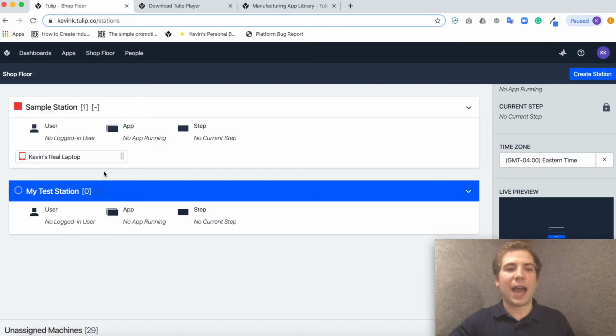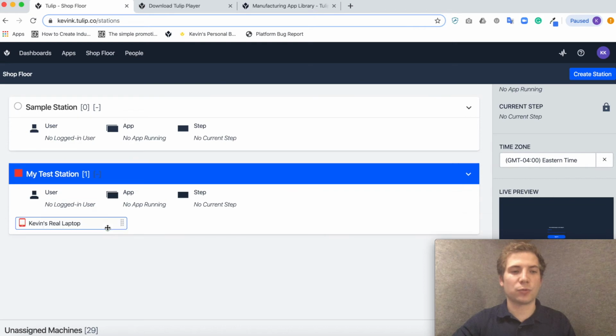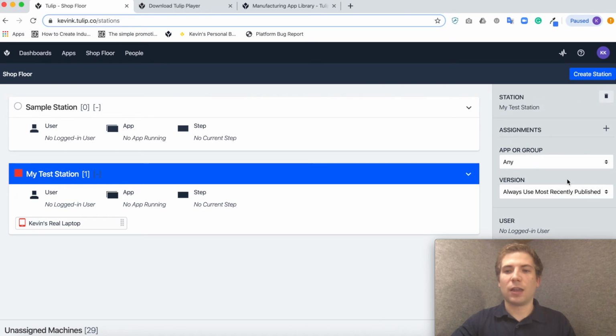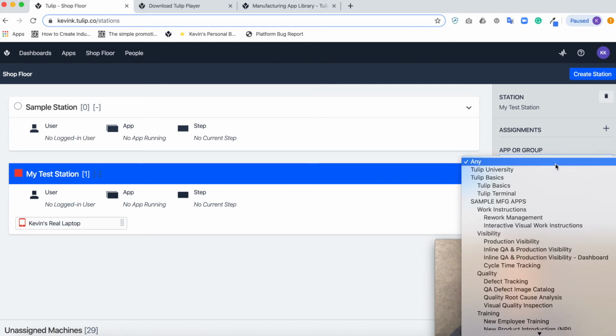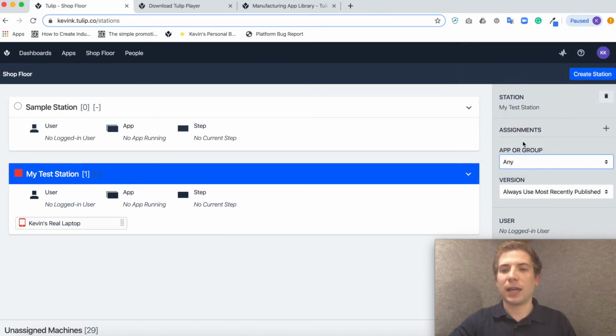And then after you've added the Tulip player to an individual device on your floor, it'll pop up here in the Stations tab. So I'm going to say now that Kevin's real laptop is running at My Test Station. And then if I scroll up here, this is really important. You can specify which version of the app should be running at that station. So you can say, I want to allow a person to run any app, or I just want to let them run one app. And then the version, you can say, I want to make sure they always run the most recent version of the app so that you don't have to specify an individual one. You just know as soon as you publish your app, it'll be ready to go on all stations on the